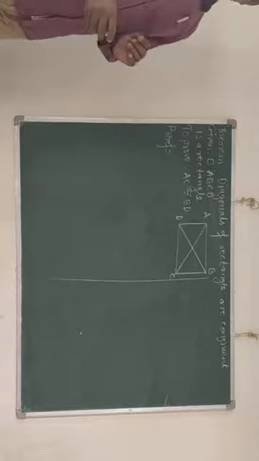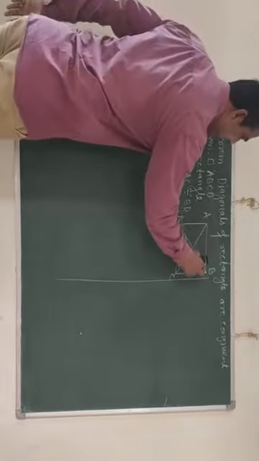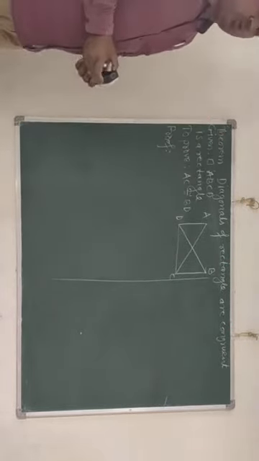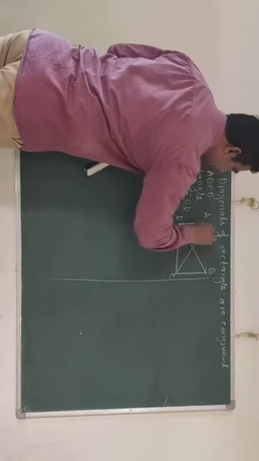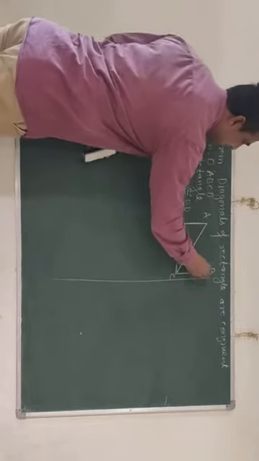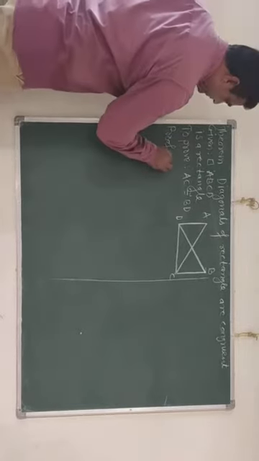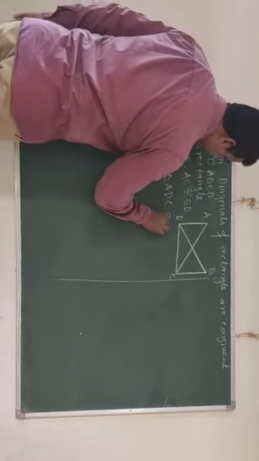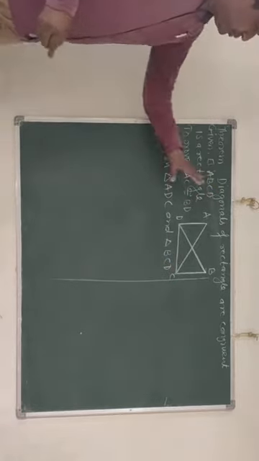As you are given a rectangle, if we forget this side AB, now you can clearly observe these two triangles: this triangle ADC and the second triangle BCD. So here, let's prove congruence. In triangle ADC and triangle BCD, we prove these two triangles congruent.